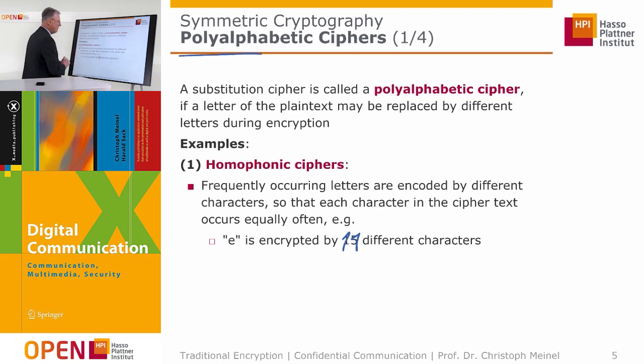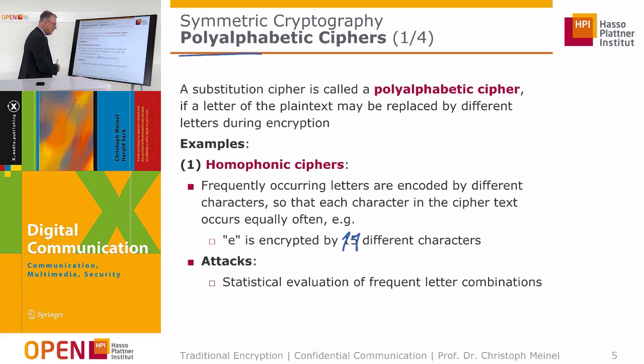So sorry, here is a mistake. It's 11 different characters, because the E has 11% of the different characters. So frequently occurring letters are encoded by different characters, so that it's more difficult or impossible to apply this frequency